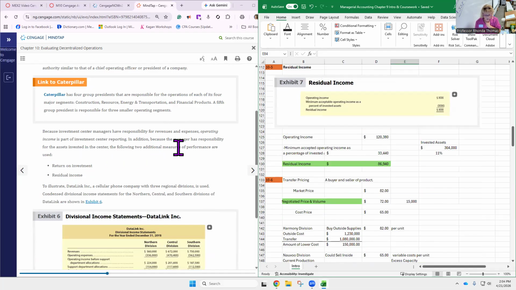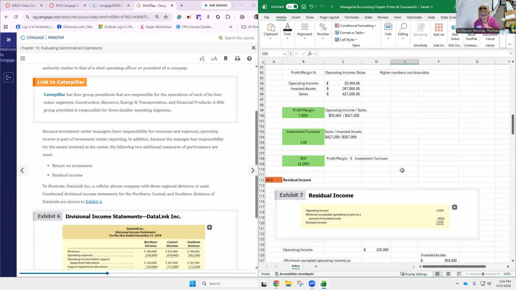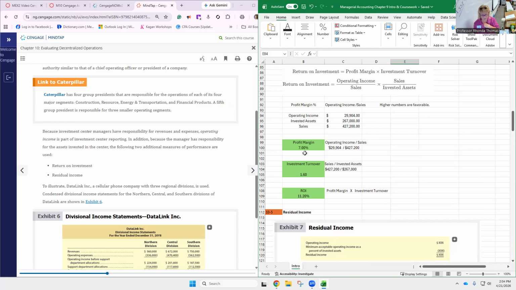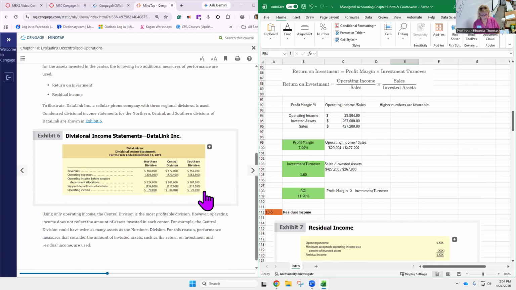The following 2 additional measures of performance are used. So these are called performance measures. So up here, doing these, it's a performance measure of the investment center. Okay. All right. Now let's take a look at,